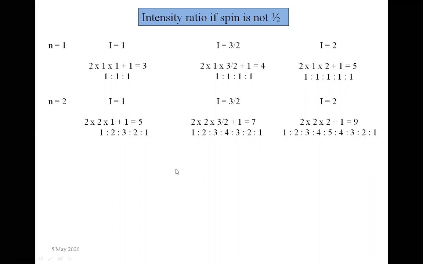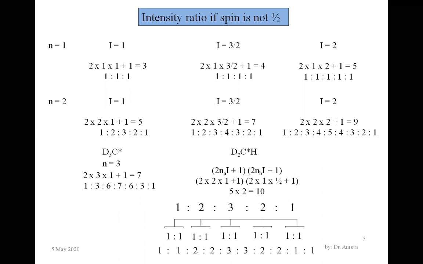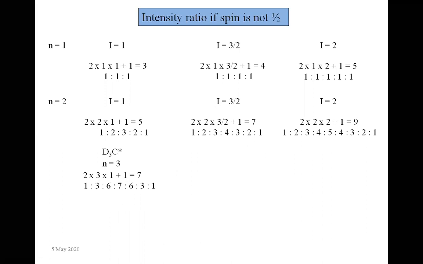Now third condition is if n is equal to 3. Okay, let's take an example like D3C. We have in methyl free radical, we have replaced hydrogen by deuterium. Deuterium is the isotope of hydrogen. So ये कोई एक free radical है, there n is equal to 3 है. क्या है? n is equal to 3.